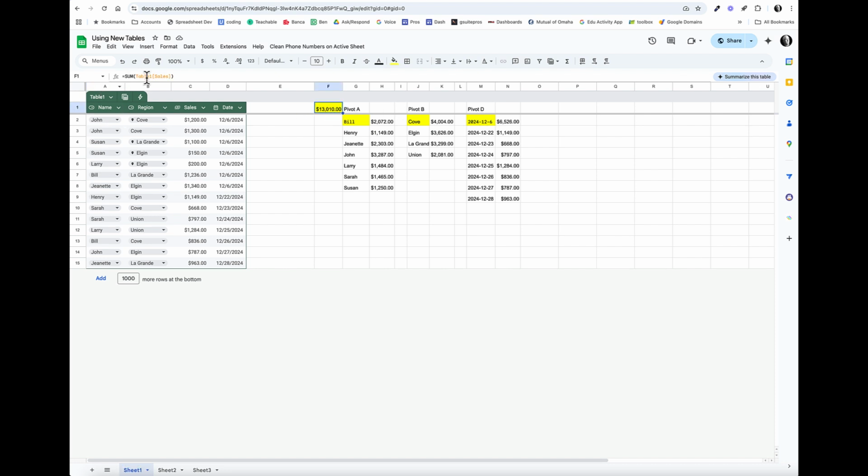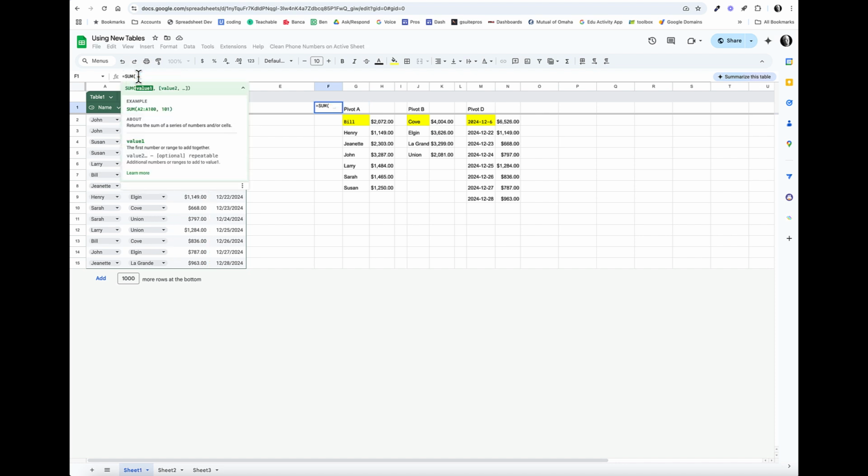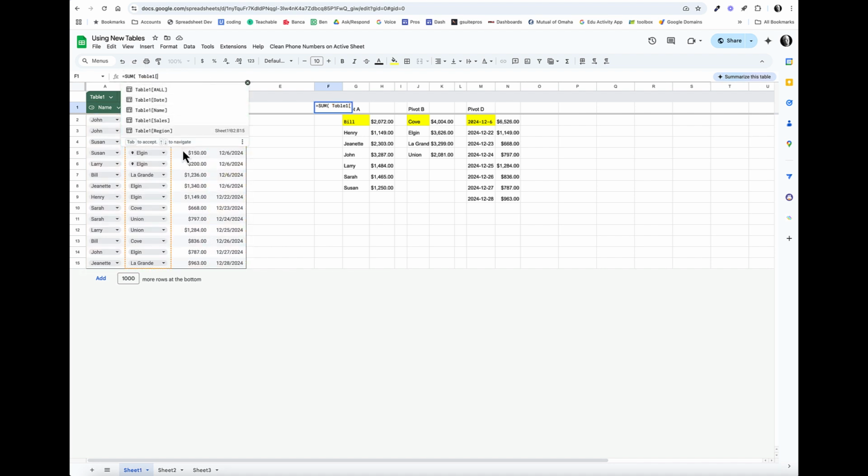Now here's an example of a sum using Table 1. Let's start this over again. So I have a sum, and if I start typing table, it's going to give me Table 1, all of these. So I could choose Table 1, and now I would be able to do a sum of this column, that would be my sales, and that gives me my